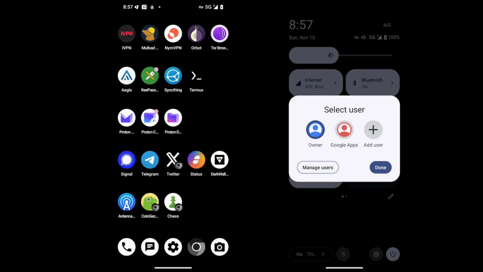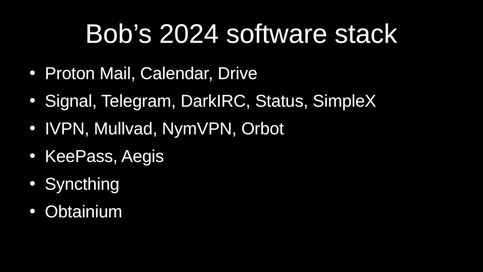So what you've got here is you can have multiple user profiles. There's about 2 or 3 different ways of segmenting things around, but this is what I've got. That's my main profile on the left here. But then you can switch over into a different profile where I've got googly things happening that I haven't been able to get away from. So yeah, this is my general stack I've got right now.